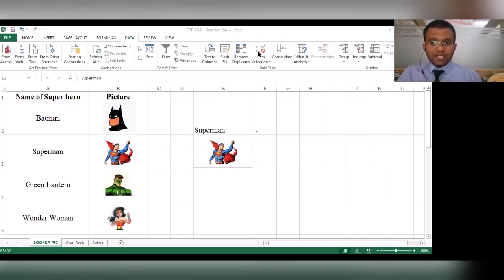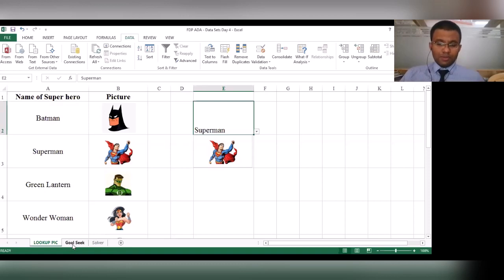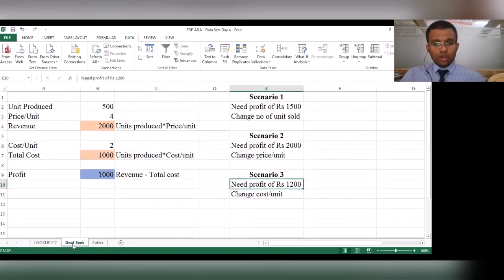The steps for lookup using picture will take some amount of time, so respecting the other participants' time, I shall spare some time towards the end, once I'm done with all the sessions, to repeat the steps once again for you. Now let's quickly move on to the next part.